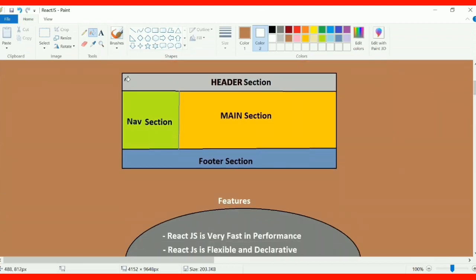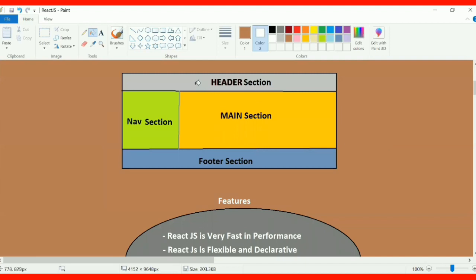For as of now, let us try to understand what is a component. Just consider we have one website like this form, like you are able to see on the screen. We have a header section, we have a nav section, we have a main section, we have the footer section. Now what React.js is going to tell is just divide this particular website into different components.